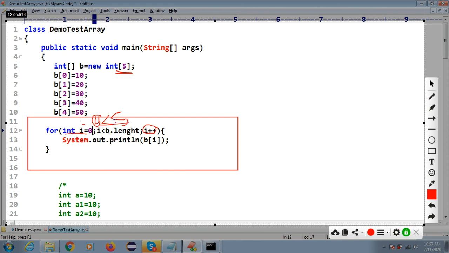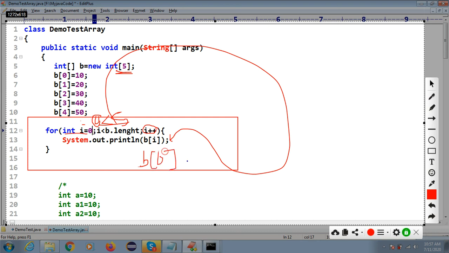If your condition is true, then the compiler will go and print this value. So b of 0, what is b of 0? It is 10. Again the compiler will go and increment this i value. So i was 0, now i will become 1. Again it will check the condition for 1 against 5. Got it, right? So initialization happens only one time, in the first iteration.